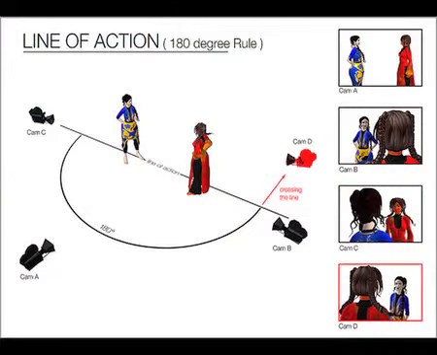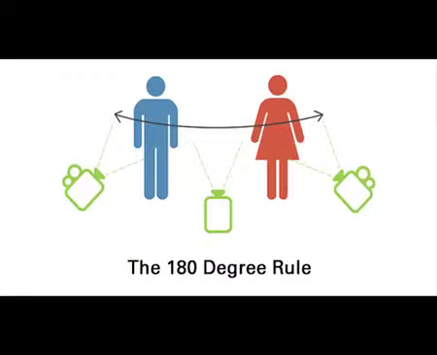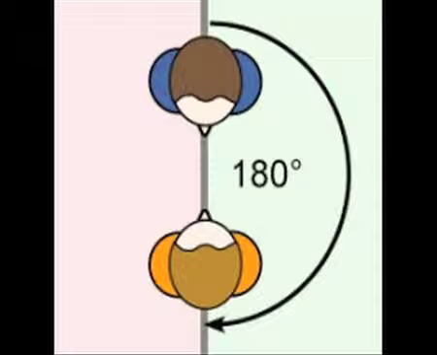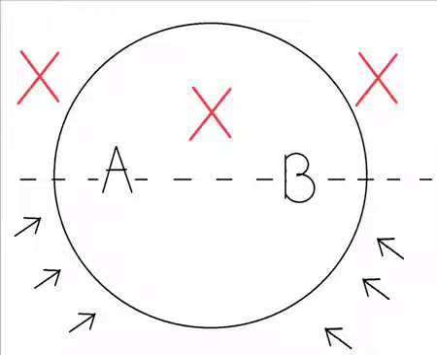The camera can't cross the line of the action drawn between the characters. The camera should always stay in the semicircle around the line of action. The camera may pan around in the semicircle, but the camera should never cross the line. This rule is used to orientate the viewer, as it keeps the characters in the same position compositionally on a particular side of the frame, and keeps their eye lines matching, while only one character is on screen at a